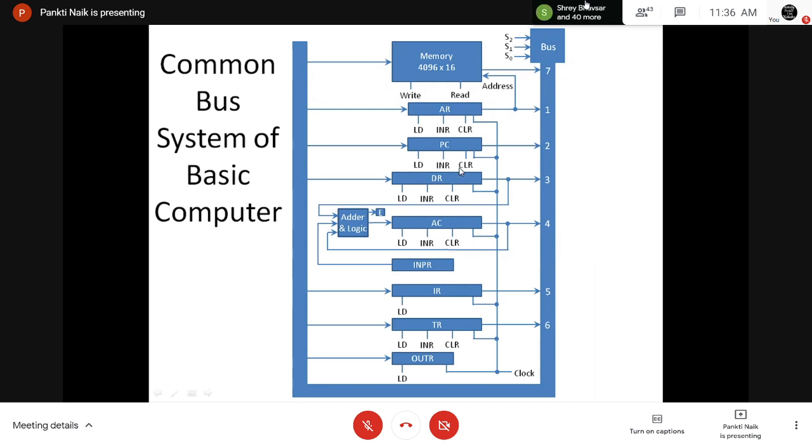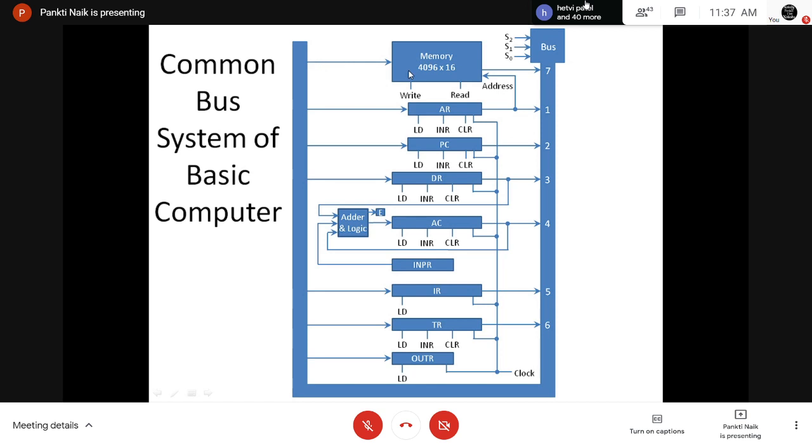the input data and output data of the memory are connected to the common bus, right? But the memory address is connected to the AR. Therefore AR must always be used to specify the memory address, right?